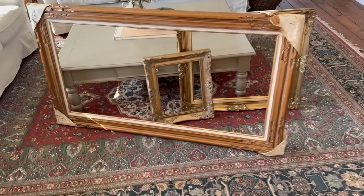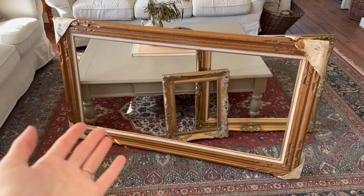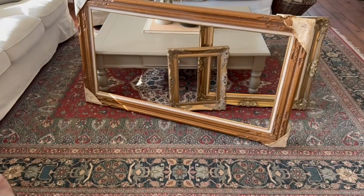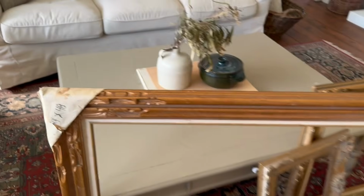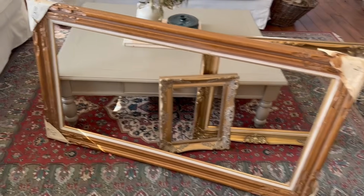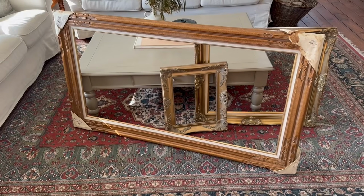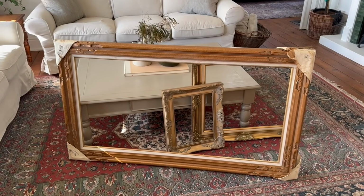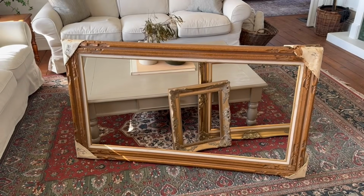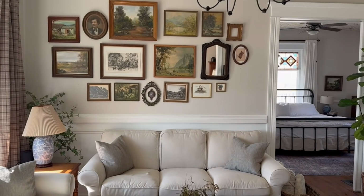But the weird thing is that when I bought this big frame right here, it totally looked gold when I bought it at the house. And I was planning on taking Rub 'n Buff to it and making it much more gold. But now that it's in this room, it essentially just looks like it's wood tone. And now I feel kind of silly doing a DIY to make this completely gold when I feel like it looks more wood tone. So this is my least favorite of the three, but I was looking for a large piece to go over